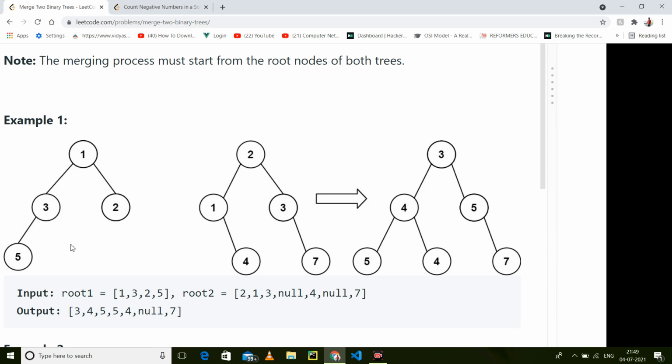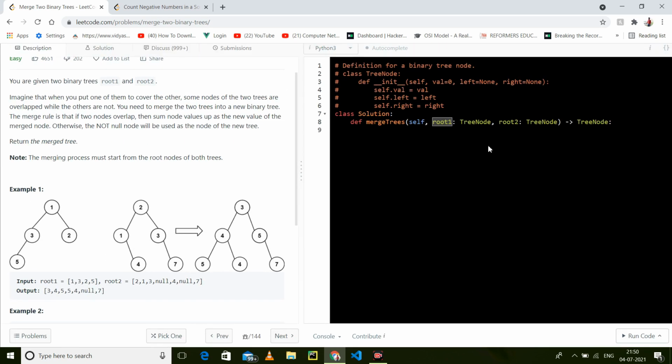Now I have to add this, so here nothing, but here we have 4, that's why we have a 4. This one has two children, the left does not have any child, it also does not have any child, so that also becomes 0. That means we do not have any child here, but here we have a child, that's why it's a 7. So we have to simply add the roots.